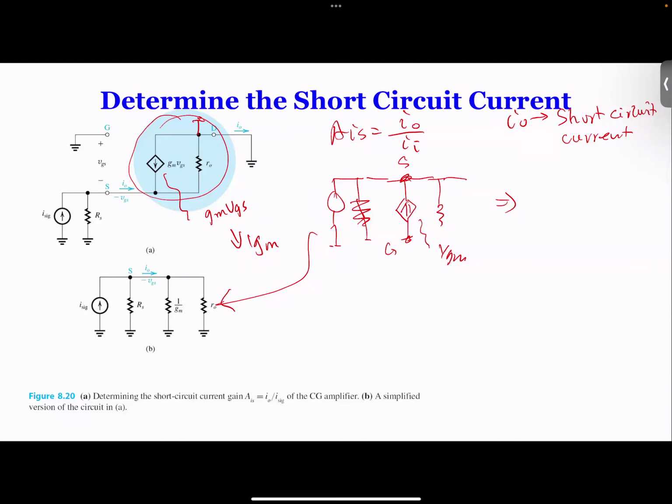So what we need to find is IO, which if you look at the top circuit, IO is flowing to ground, but it's also the same in the middle, right? Because the current going from these two to the other two, the middle part is IO, the same. So we have IO here. Now, if you look at this, it will be easy to calculate IO. How do you calculate IO? Because these two resistors are in parallel. So this circuit becomes